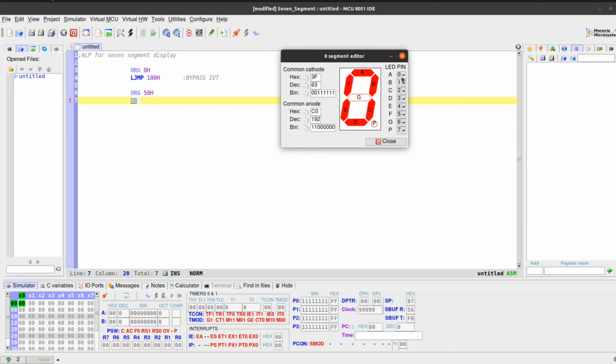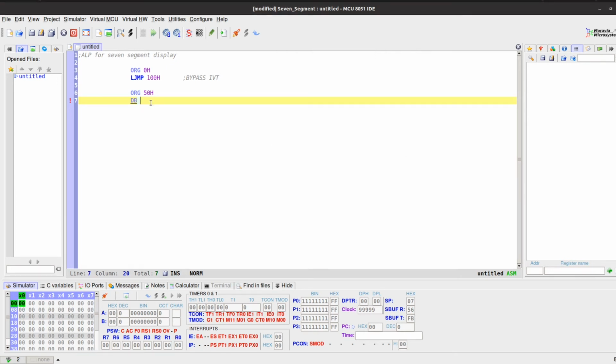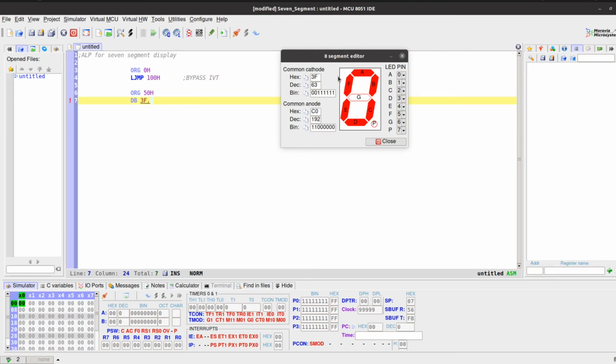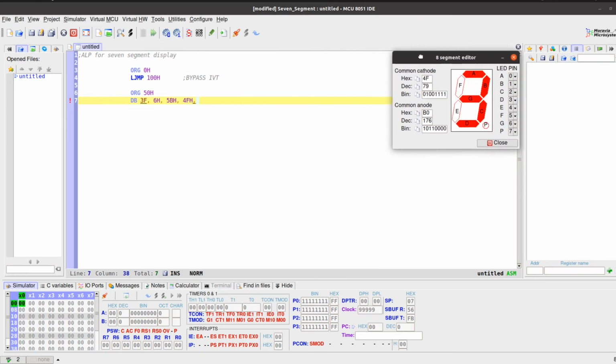Say here, as I told, 0 pin is connected to A and 7th pin is connected to P. So as per that, we can get directly the code to display a hexadecimal number. Here for 0, as I am using a common cathode, it is 3F. For 0, it is 3F, comma. For 1, so this is 1, it is 06. And for 2, this should be glown. This should be made on. This is on, this is on, whereas this is off. This is 5B. And for 3, this is 4F. I'll continue this for all remaining segments.